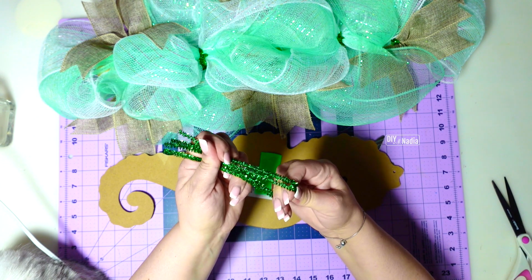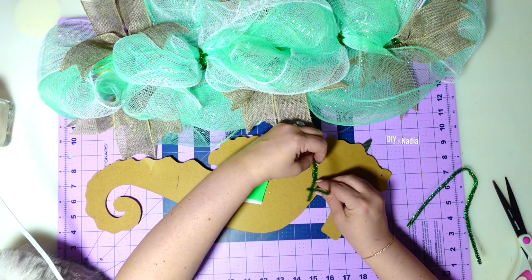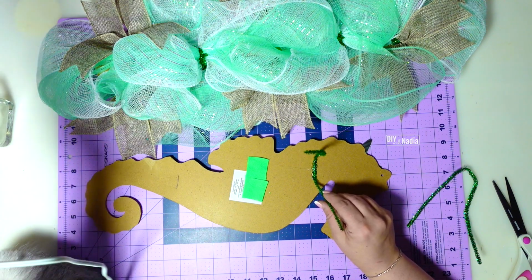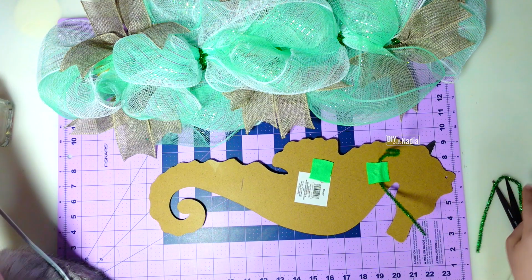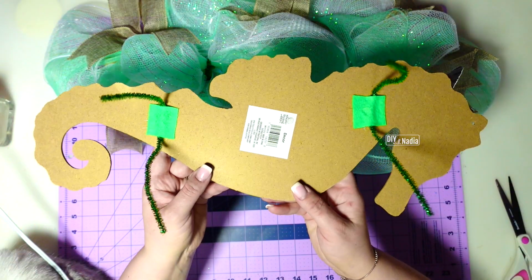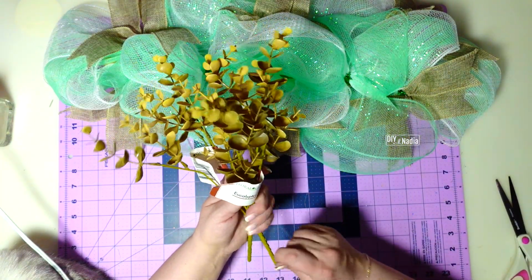I'm going to first make kind of like a seat, just using my 2 fingers, dollop of hot glue. Then we're going to place a pipe cleaner on top, more hot glue, and then our piece of felt. And same thing on this bottom one. Just like that. I'm going to put the seahorse on the side real quick, and I'm going to grab this